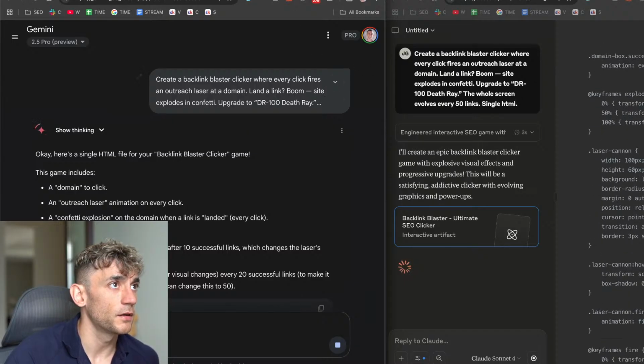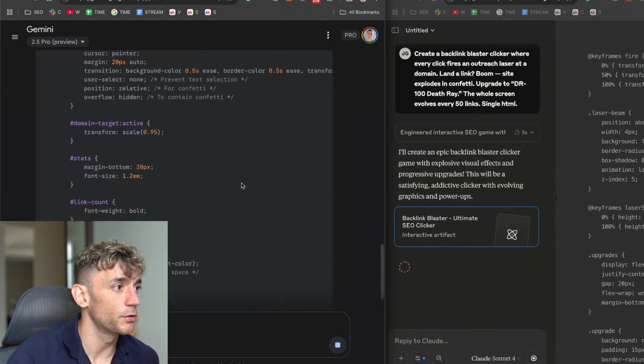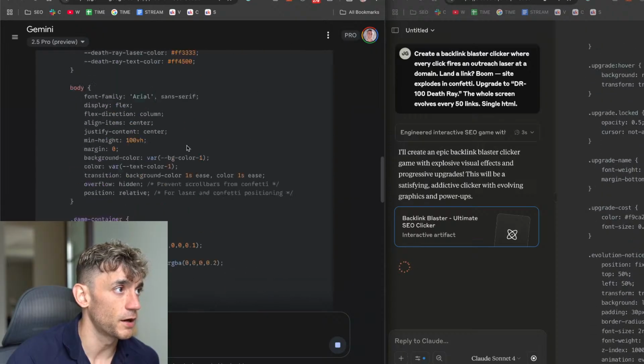So we're building out each of these. Let's see what we got. We already got the code from Gemini 2.5 Pro coming out, which is good.